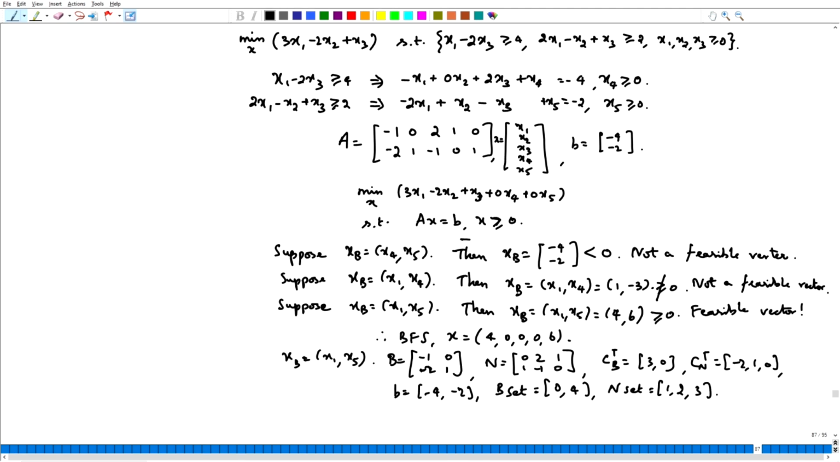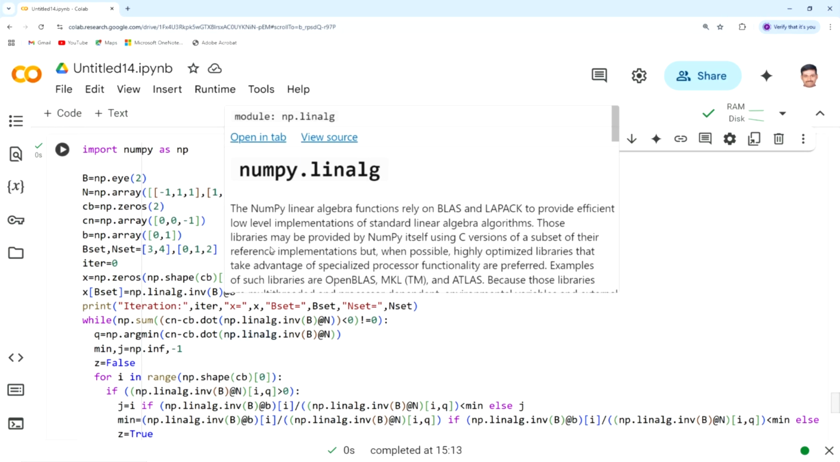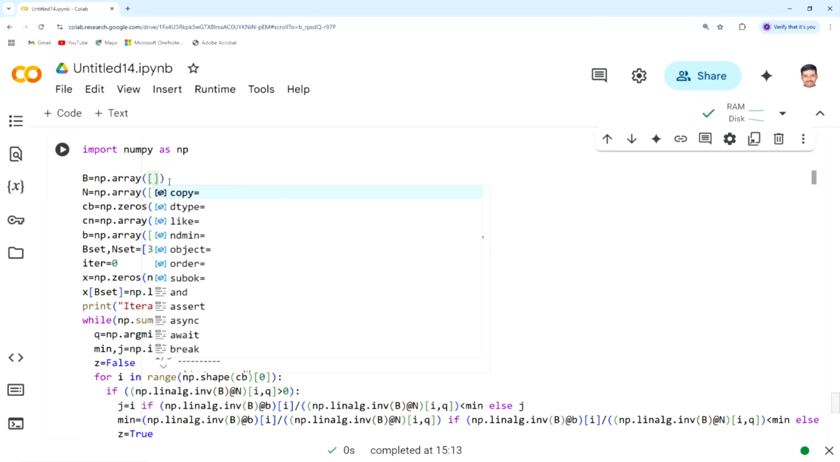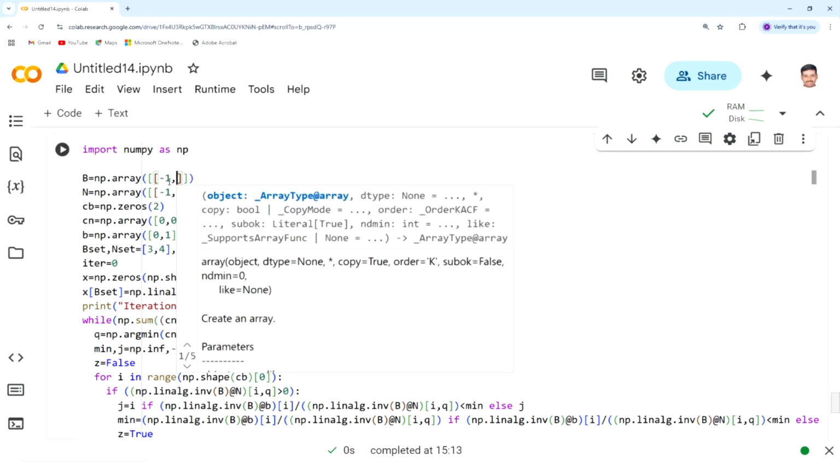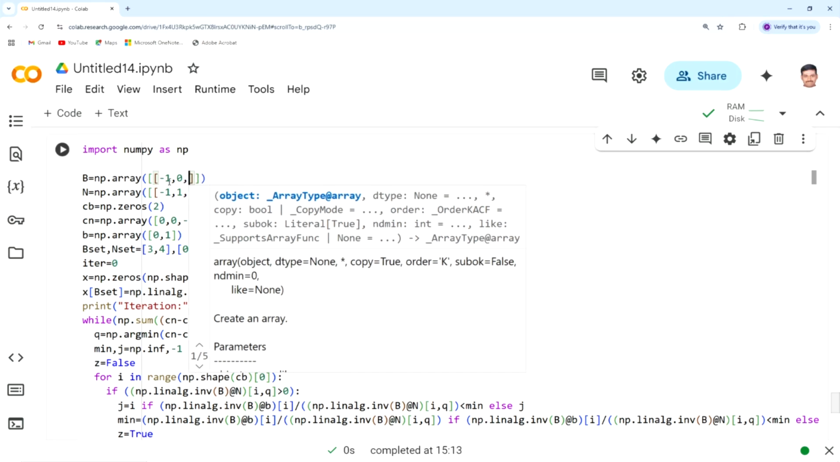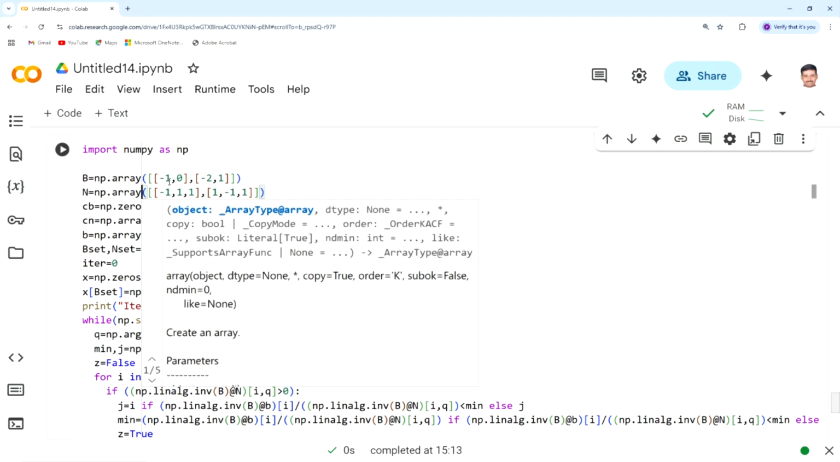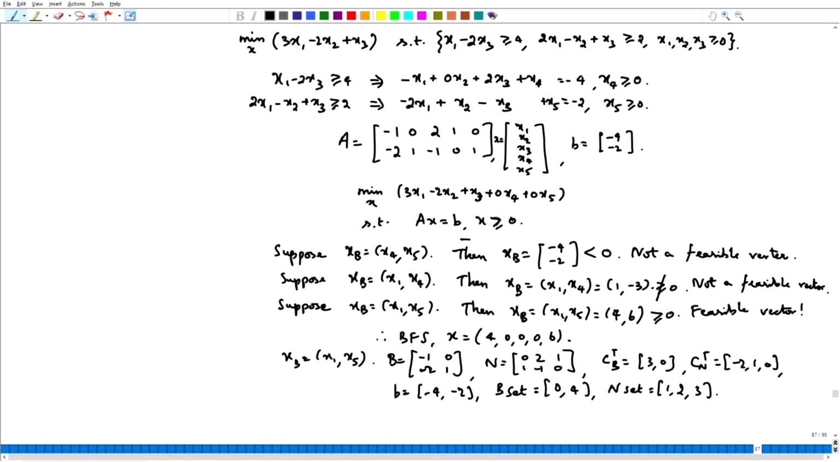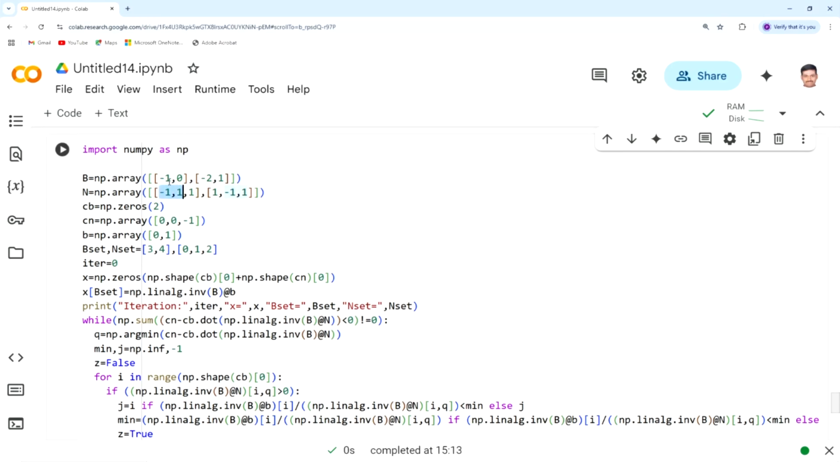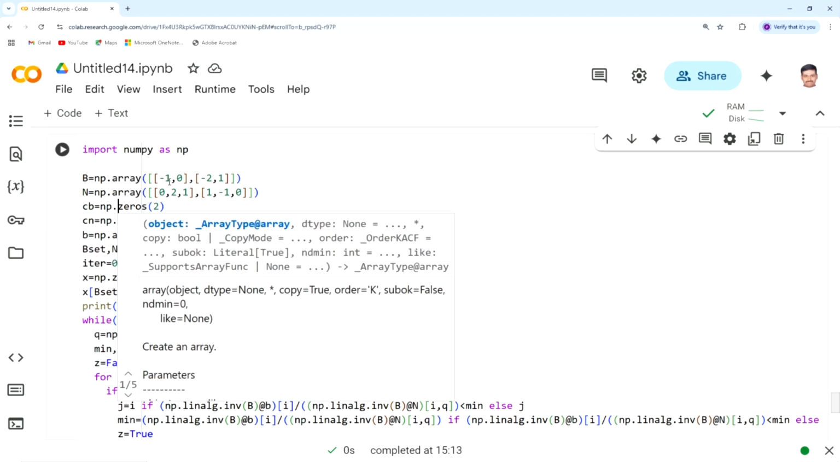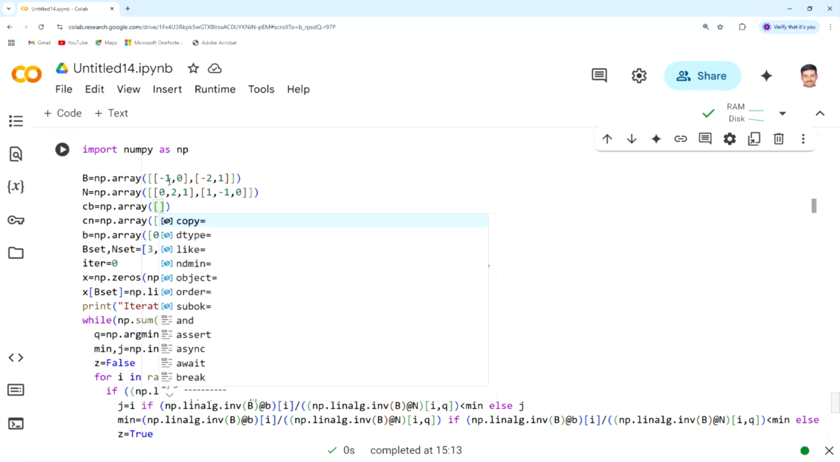Okay. So, we will just copy this into the code and find out the answer. So, B is a 2 dimensional array: minus 1 0 minus 2 1, okay, and N is 0 to 1 1 minus 1 0, 0 to 1 1 minus 1 0, C_B is 3 comma 0,